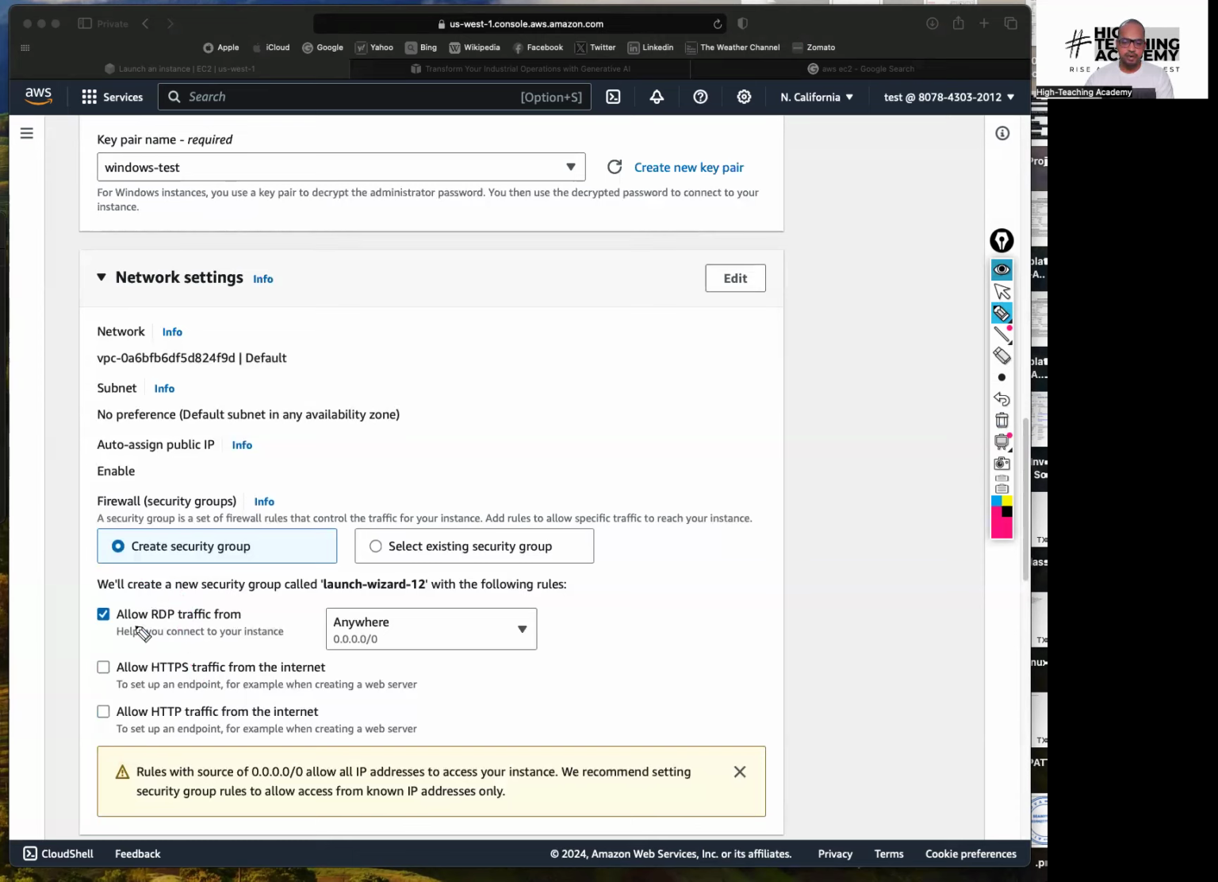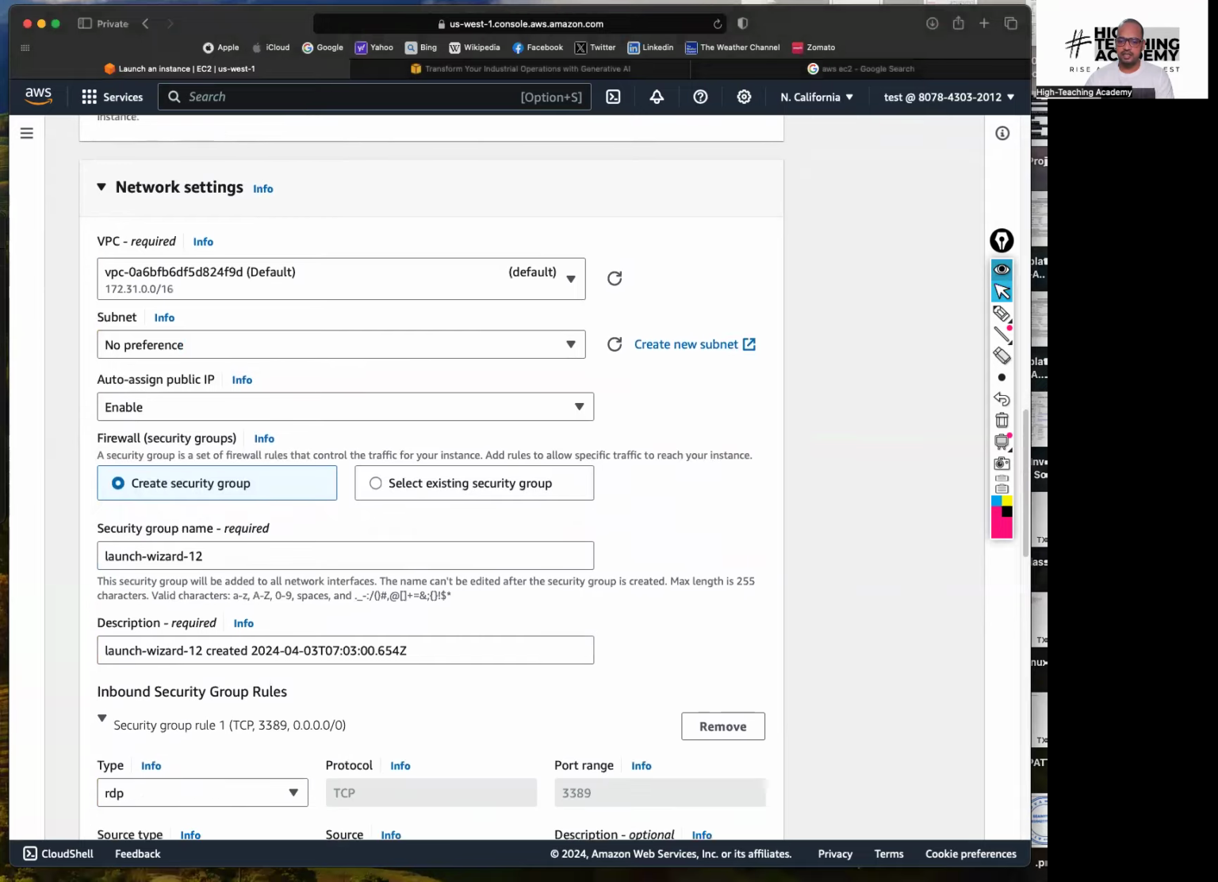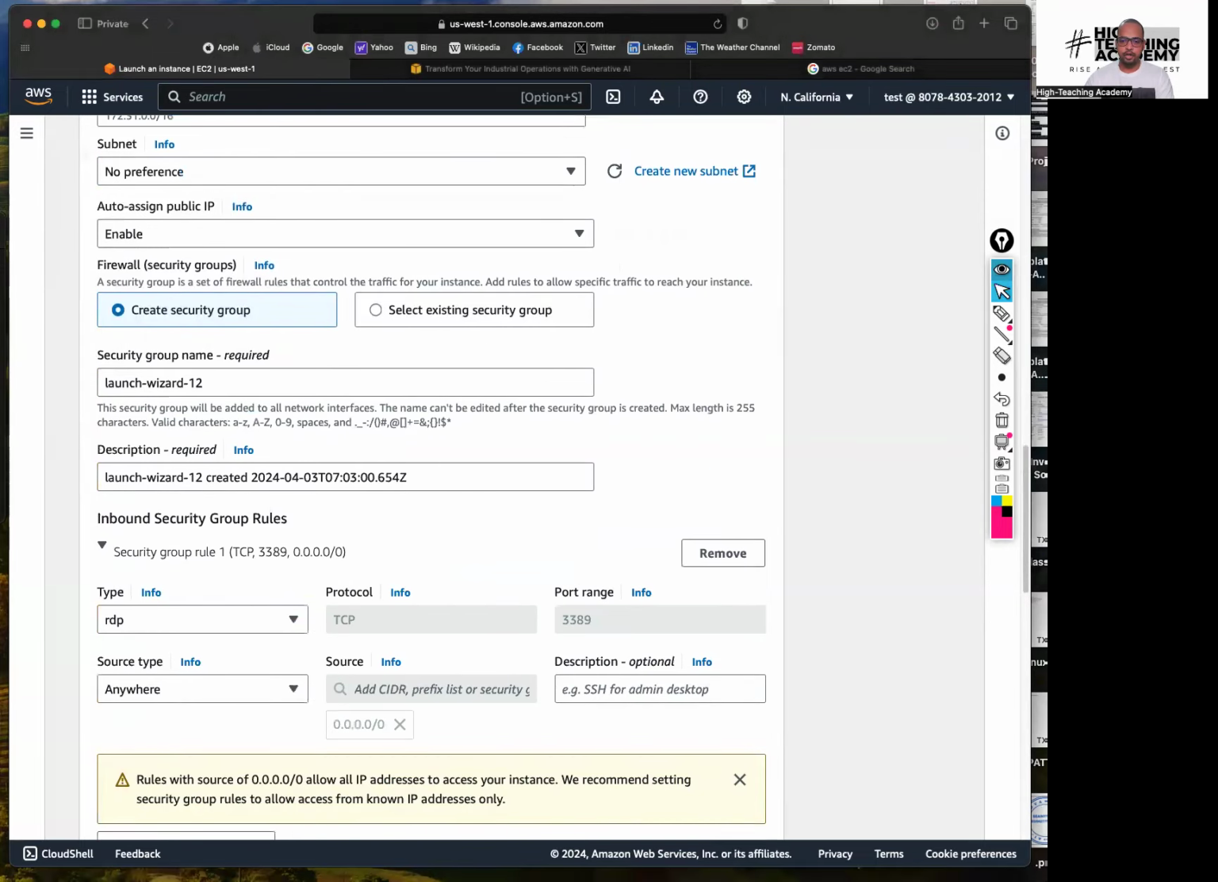So you guys can simply just let it be as it is. Or you guys can click on edit here. Click on edit, where you guys can customize here. Create security group. You guys can add a name. So I can say this is Windows test security group. You can add a description. So I'll say allow admin access